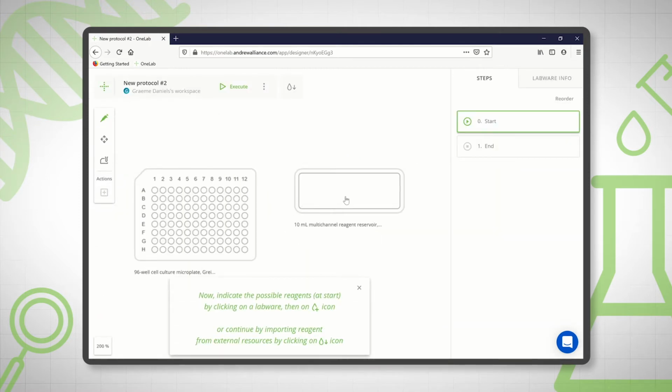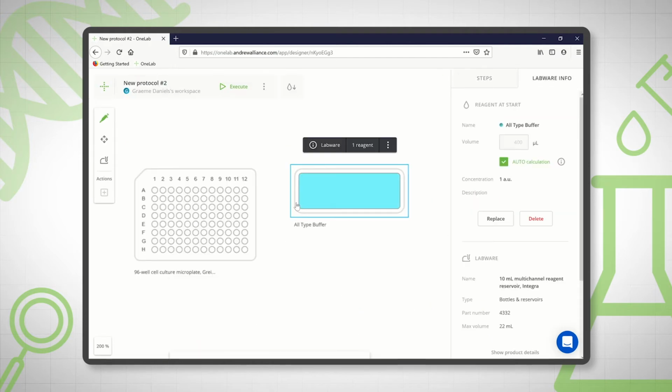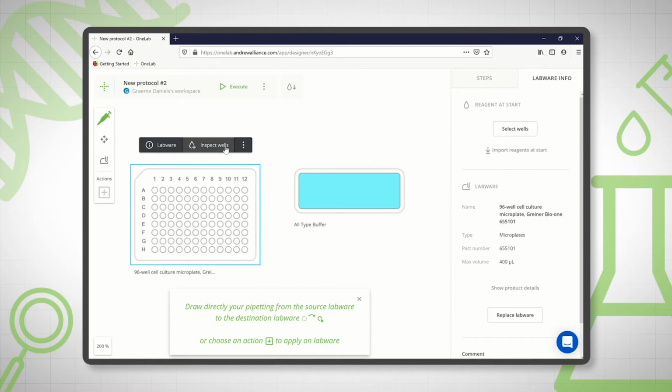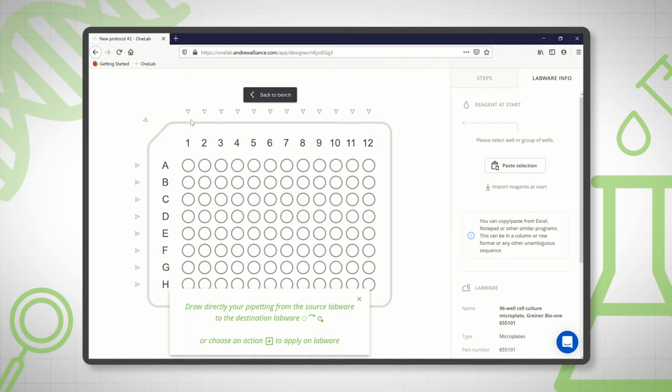Now at the moment these are just empty pieces of labware, so we're going to fill the reservoir with some reagent, and in this case we'll keep it very simple, and it's just a buffer of some description. Okay, and we're going to need some samples in the plate to actually dilute.